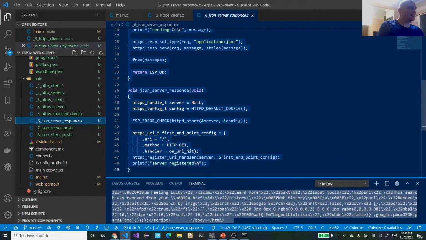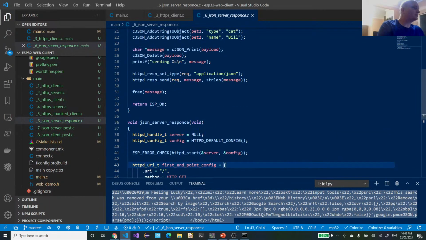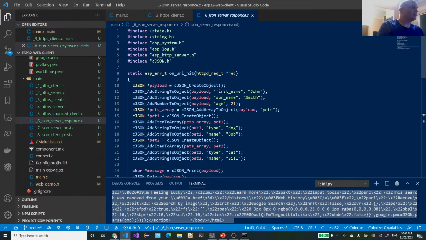Okay, so this is a cJSON server. Let's have a quick walkthrough of what's going on here. We basically create the payload where we add these two key value pairs, first name and last name. Then we add the age, which is a number. We've got a bit of a pet theme going, so why not go ahead and add an array of pets? Firstly, we can see that we create this array onto the payload, and then we'll create